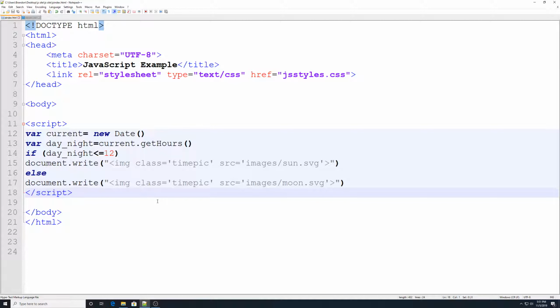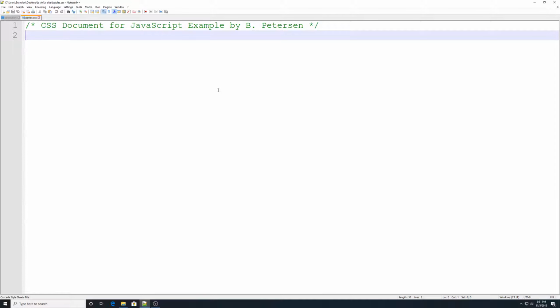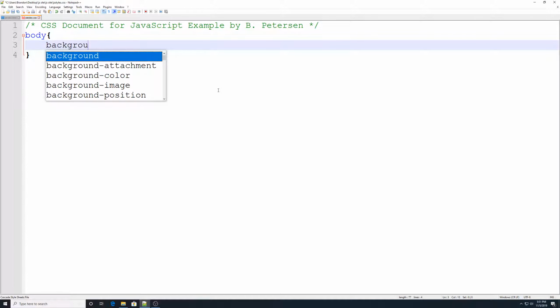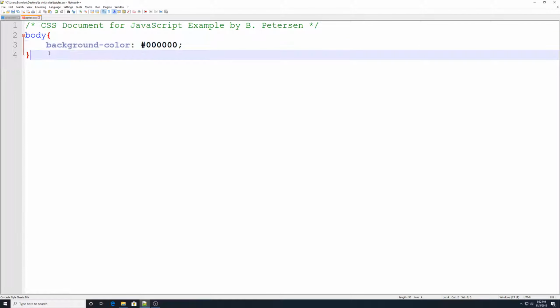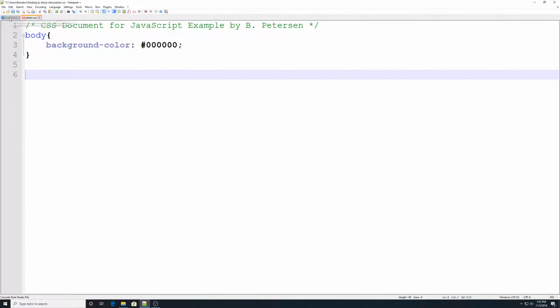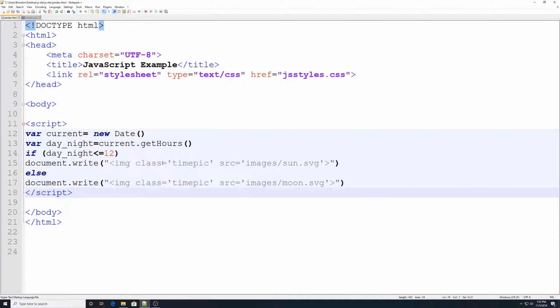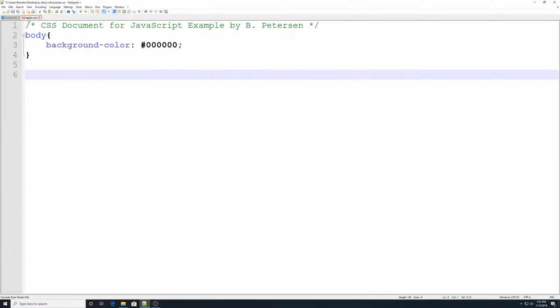All right, now for the styles of this, we don't really have to worry about the styles too much. They don't really have anything to do with anything, but I made my images white. So I'm going to go body. I need to do something so they're actually viewable. So I'm going to go background-color: #000000; and that's going to make it so that the background color is black, right? And then I'm going to go down here, and for the image class I use time pick. So going into here, I'm going to say .timepick